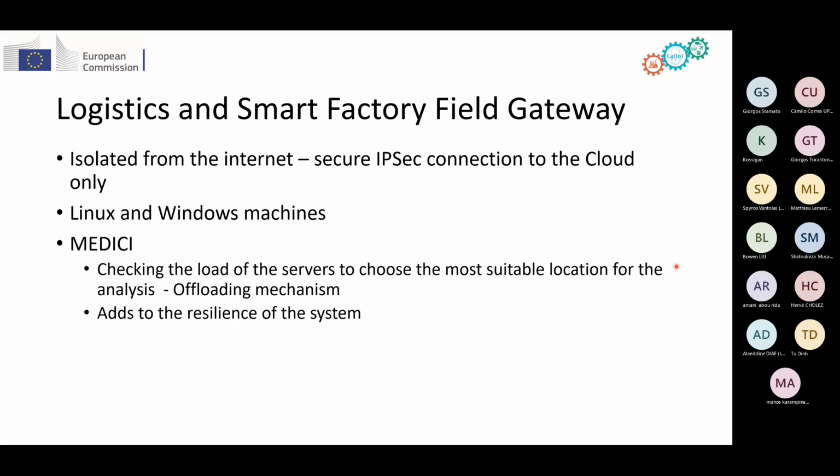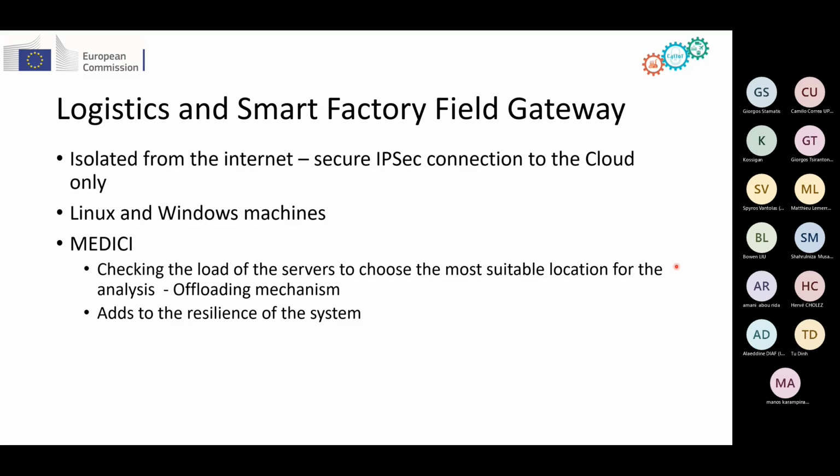So we're moving on to the logistics and the smart factory field gateway. These are two completely different servers, but they have many things in common. They're both isolated from the internet, and they are connected to the cloud through a secure IPsec connection. The logistics one is a Linux machine, whereas the smart factory one is a Windows machine. This shows us that the C4IIoT framework can work with both operating systems and add to the security of both of